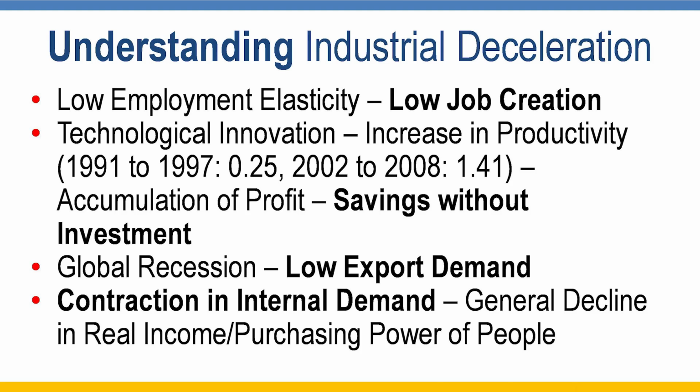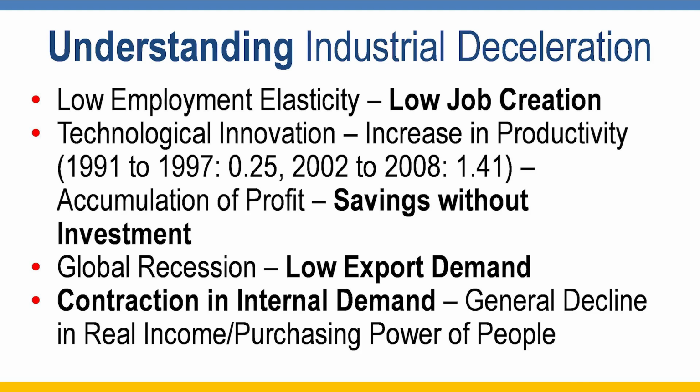From 1990 to 97, it was 0.25, if you look at the data, and then total factor productivity has gone up to 1.41 from 2002 to 2008. So it's increasing, and that is actually helping the accumulation of profit, as I have shown. But most importantly, when this profit is happening, the accumulation can be translated into investment, but that is not happening. Only then will the number of industries increase, and when that happens, employment will increase, workers will increase, and then you will get some share of wages coming up, but this is not happening.